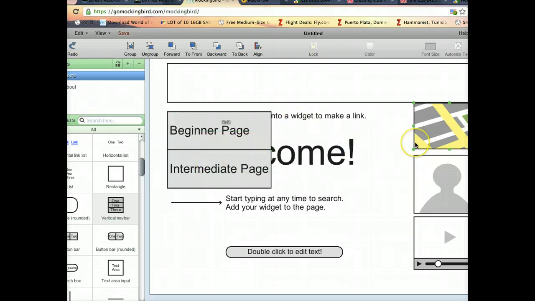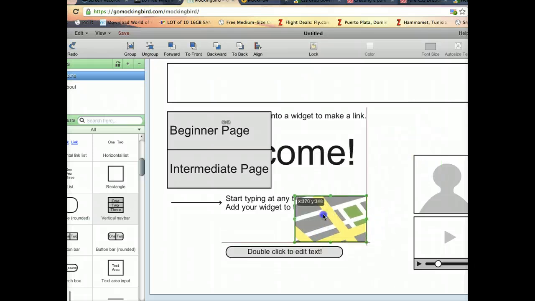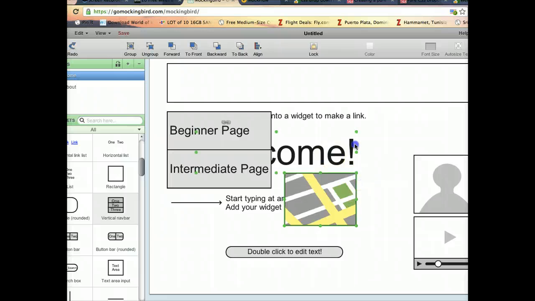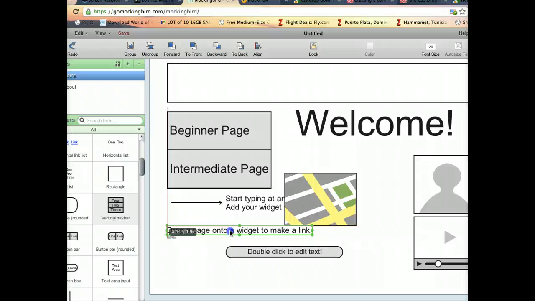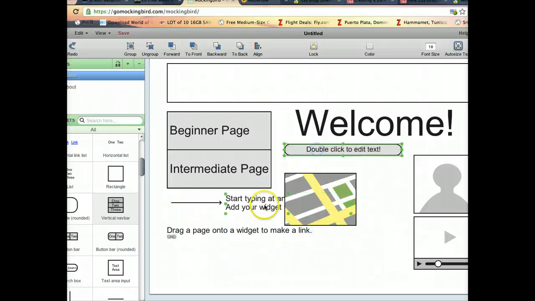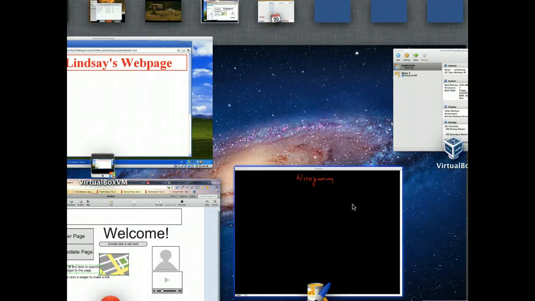So this gives you an idea of how we can start putting together a mock flow diagram. We can start putting in what the features are. We can have a big header up here, and we can have information down here. We can have a button over here, and all of this sort of stuff. So you move it around and you build a template, but there's more to it than that as well,